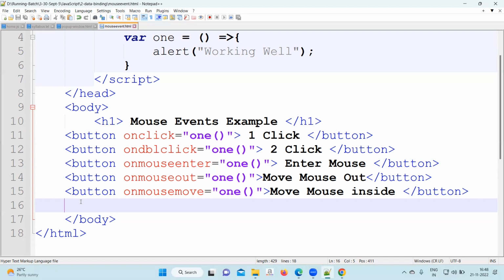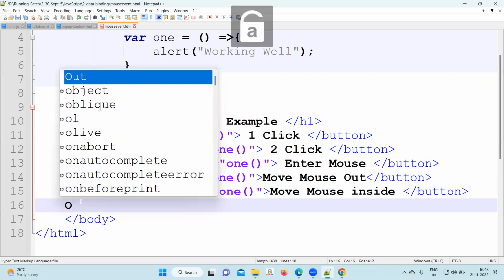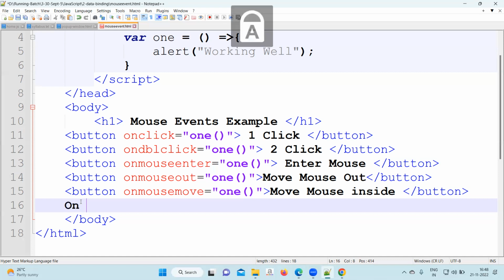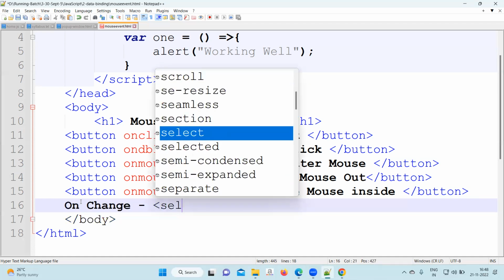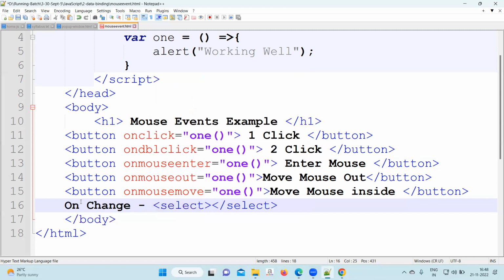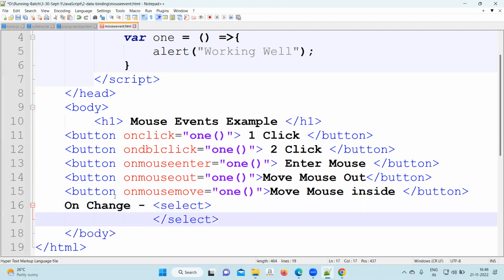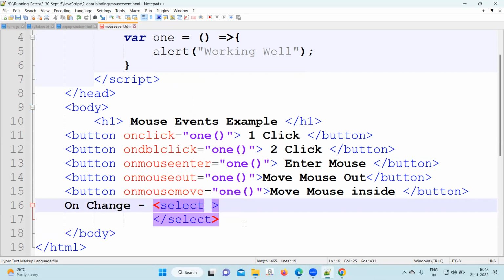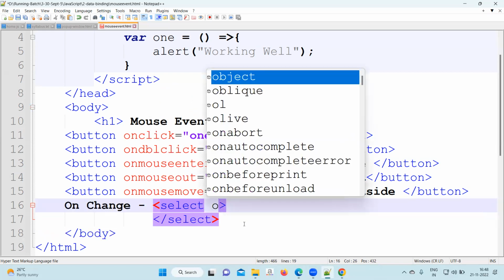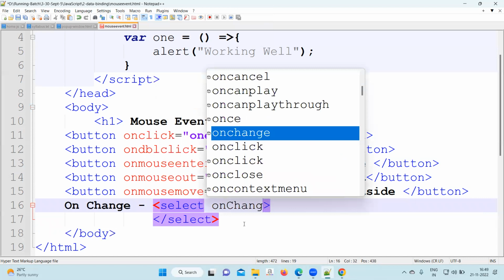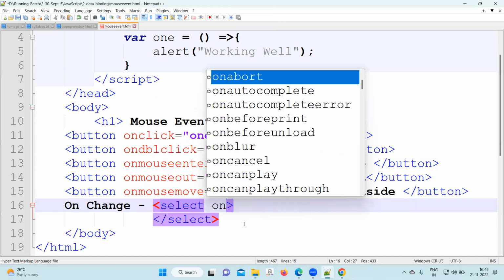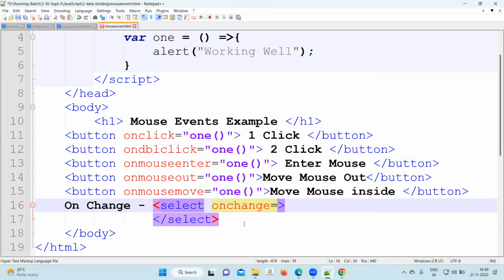Okay, now come. Create one more, right here called OnChange. Open the select and close the select. We'll write here OnChange. OnChange is small only. OnChange equal to